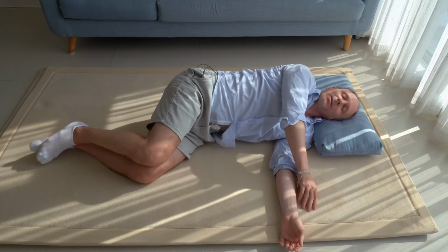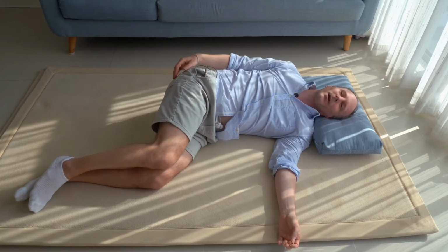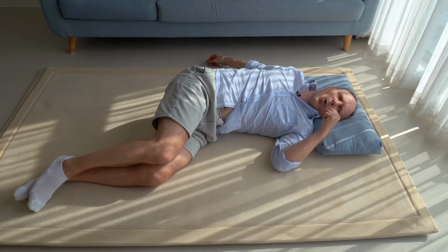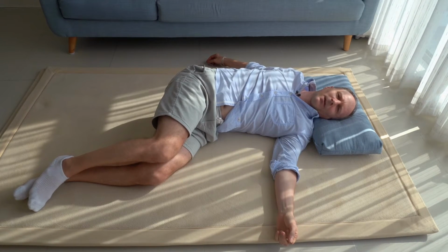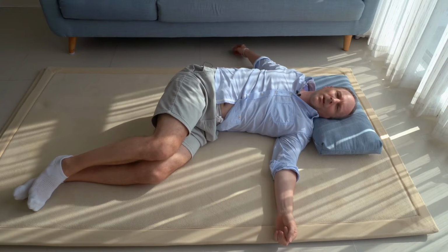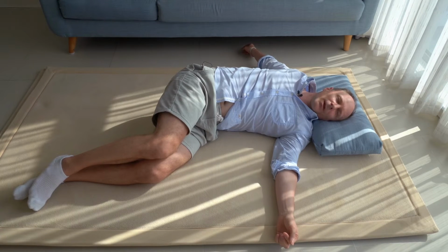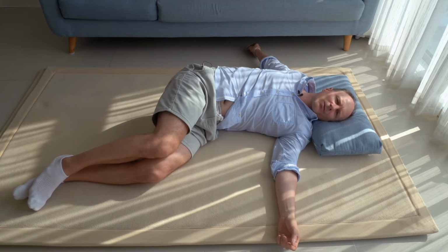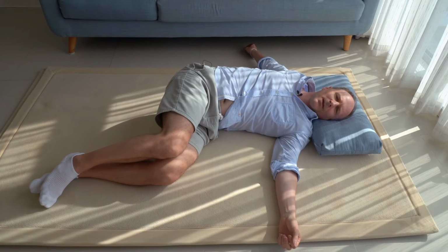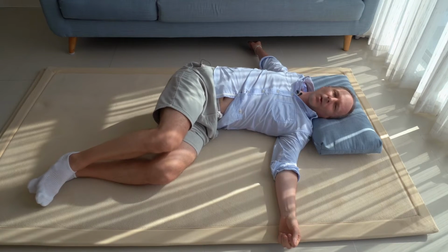What is moving? What is moving in relation to the other parts? And where could you mess around? Where could you make a differentiation? When you bring your arm back to the right, you could stiffly hold the position of your head and see how much effort it takes to hold your position when your arm is doing something else. Your arm is moving behind, but you look to the left. How much force do you have to apply to hold your knees together, to stay on your left side when your arm is far out to the right,